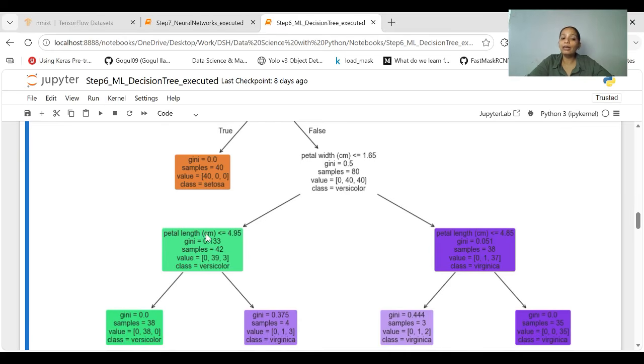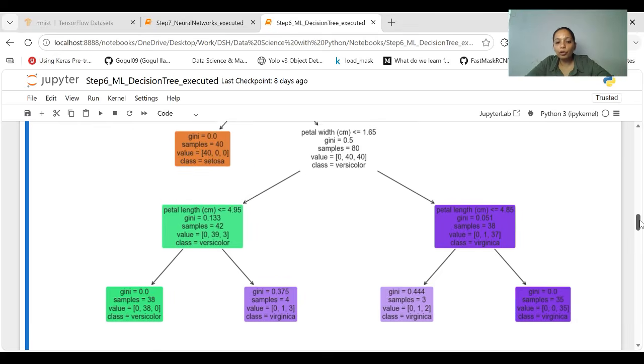Now it again asks about the petal length. If it is less than 4.95, then the class is identified as versicolor, and if it is greater than 4.95, then it is classified as virginica. And similarly, if petal length is less than 4.85, then its class value is virginica, and if it is greater than 4.85, then again it is virginica.